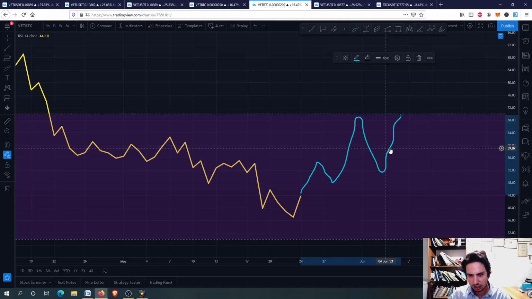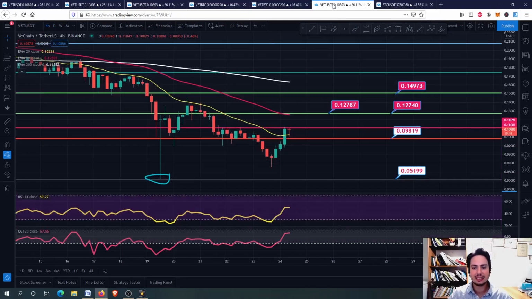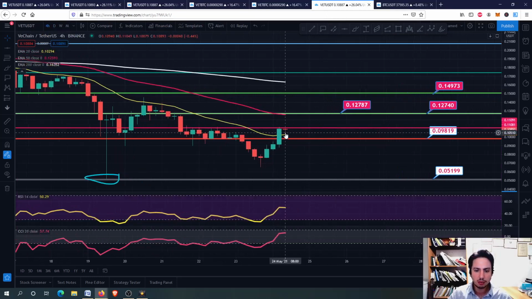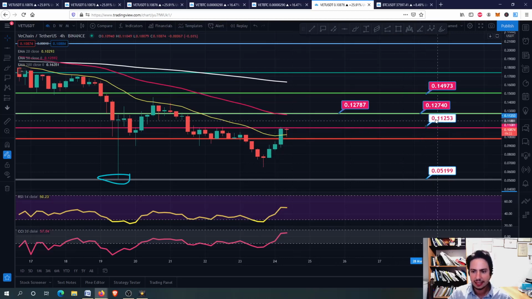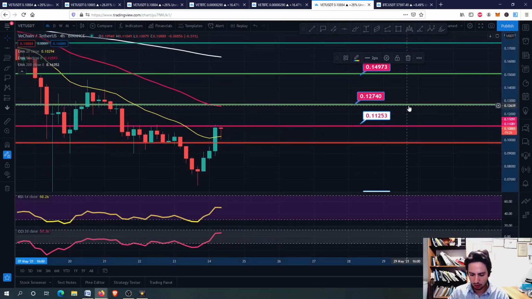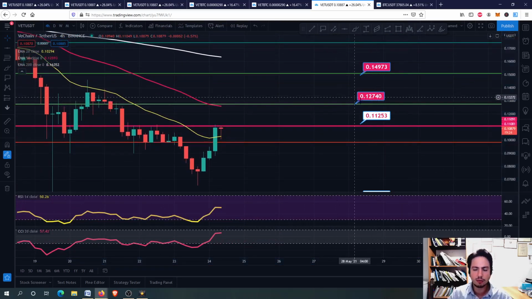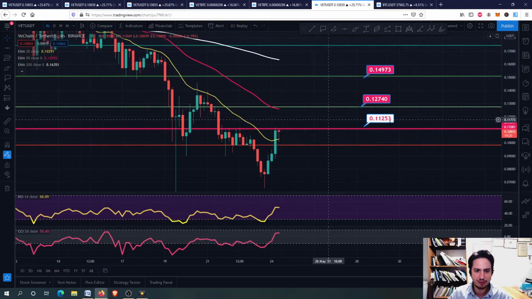That's what we want to see for the RSI for VeChain against Bitcoin. So let's go now to VeChain against USDT in the price analysis, guys. And of course, what we want to see now is, after this little nice hammer candle here, to go above, making this 11 cents our support level. Then we will surely be hitting the 12 cents, the 12 to 13 cents, and eventually even some more resistance levels in the time being.